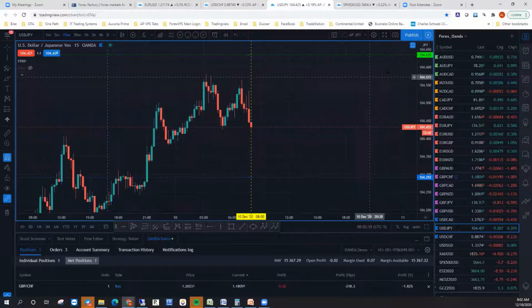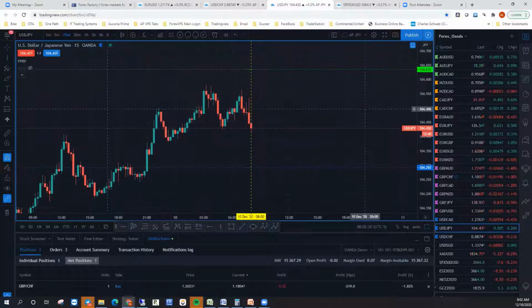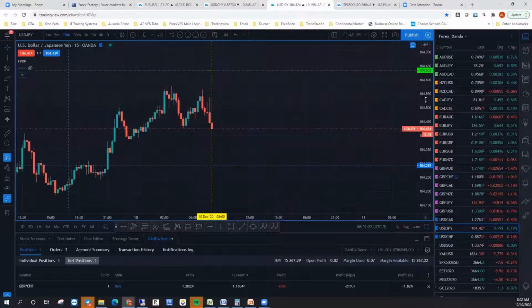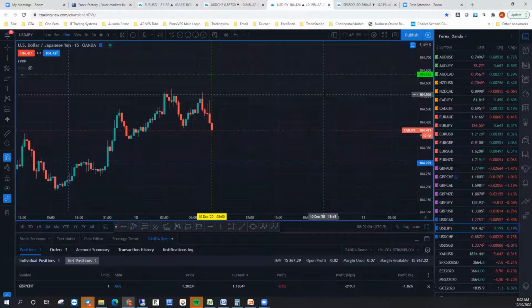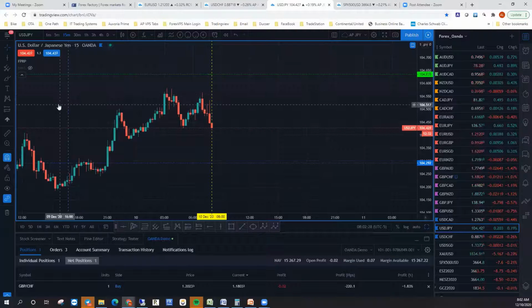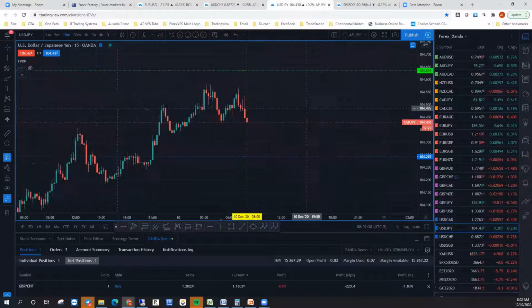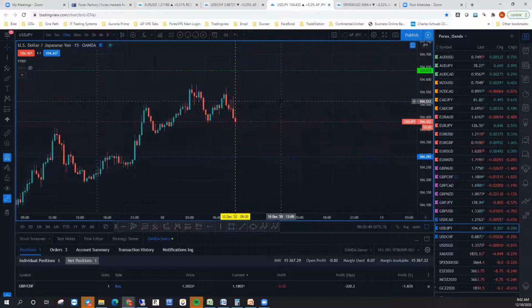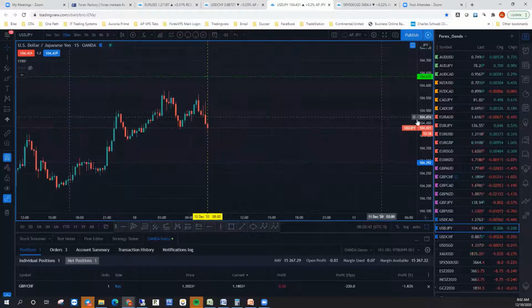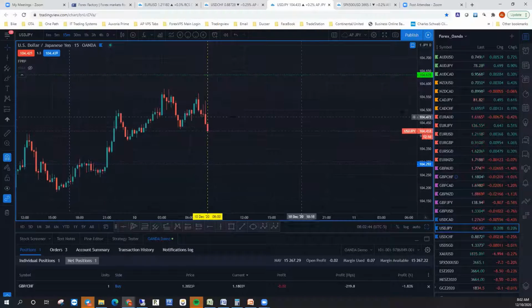Basically what we do in this room, for any newcomers that are here, is show you where to take trades and where not to take trades. A lot of times when I take the trades, I'll qualify it by saying this is not one I would normally take, and this is why. I'll take the trades, and it'll show you why I do or do not take it. Sometimes I'm right, sometimes I'm wrong, but to maintain the methodology that we're using, we're trying to stay somewhat consistent, but also show you what not to do as well as what to do.